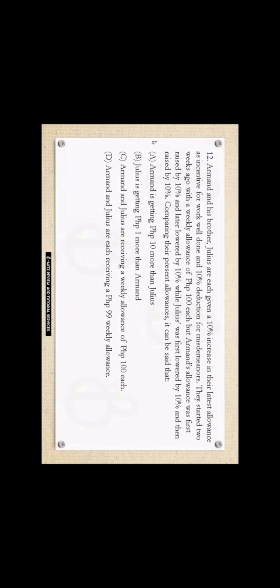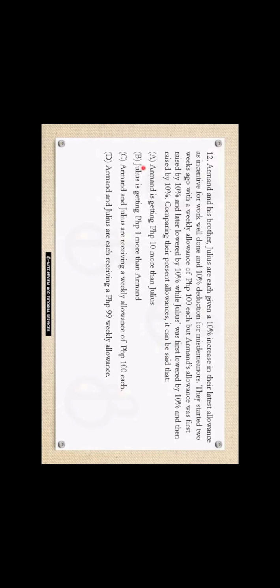Let's try to answer these problems. For number 12, Armand and his brother Julius are each given a 10% increase in their latest allowance as incentive for work well done and 10% deduction for misdemeanors. They started 2 weeks ago with a weekly allowance of 100 pesos each, but Armand's allowance was first raised by 10% and later lowered by 10%, while Julius was first lowered by 10% and then raised by 10%. Comparing their present allowances, it can be said that